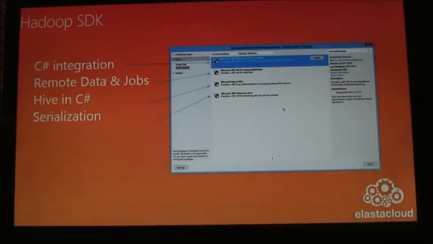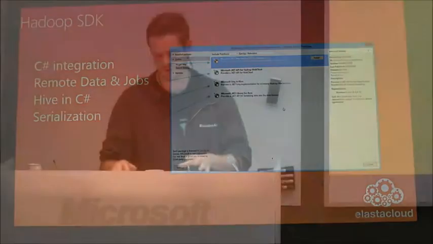The first one is the integration one. It's called the Microsoft .NET MapReduce API for Hadoop. That gives you the base classes that you then implement and derive from. And the second one is a remote data and jobs management one called the Microsoft .NET API for